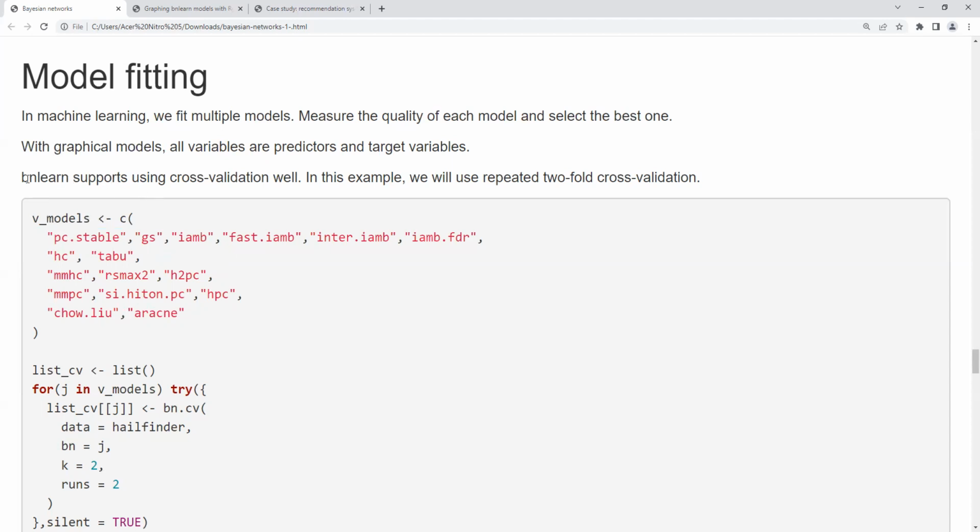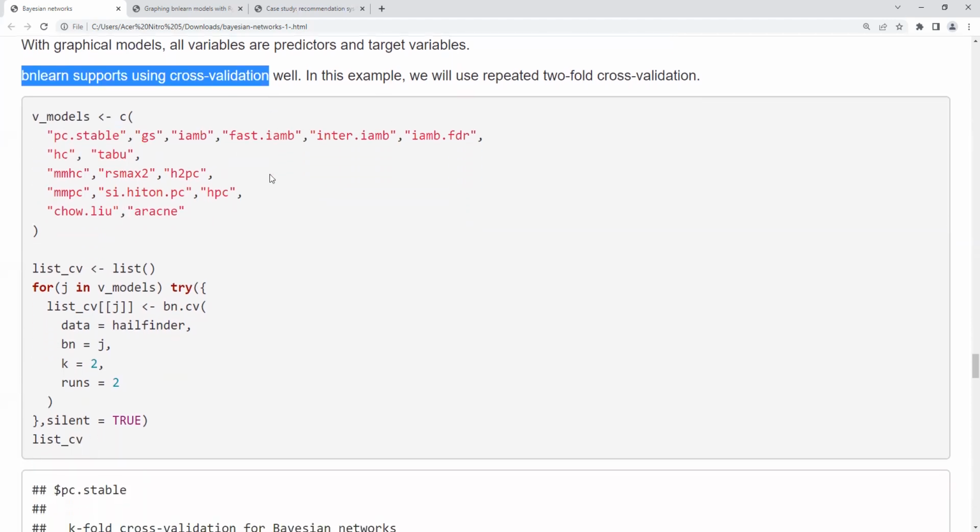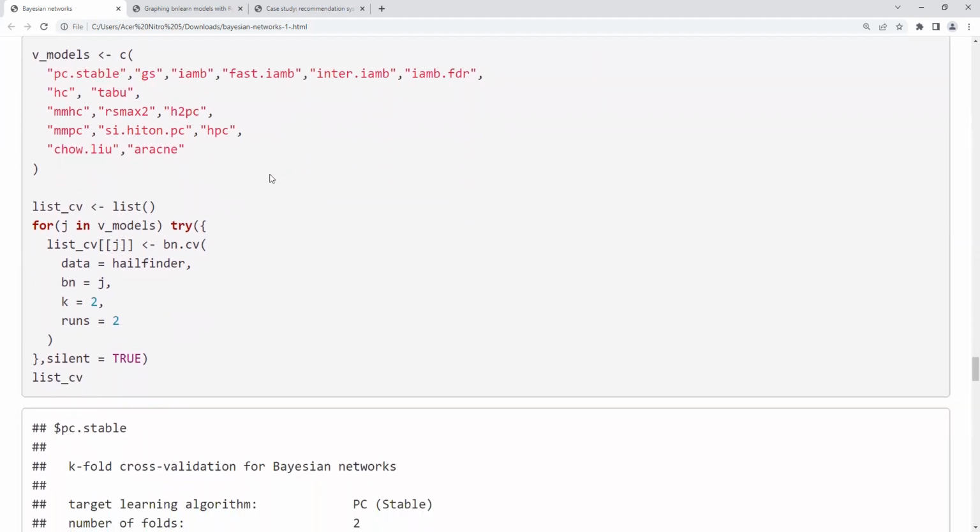Something that is nice about bnlearn is that it will do cross-validation for us. So we can just run it and work on it. What I want to do now is run through an example so that we can see what it looks like. I'm going to do a bunch of different cross-validations. I'm going to put them into one list because that makes it easy for me to work with in my workspace. And I'm going to use bn.cross-validation,